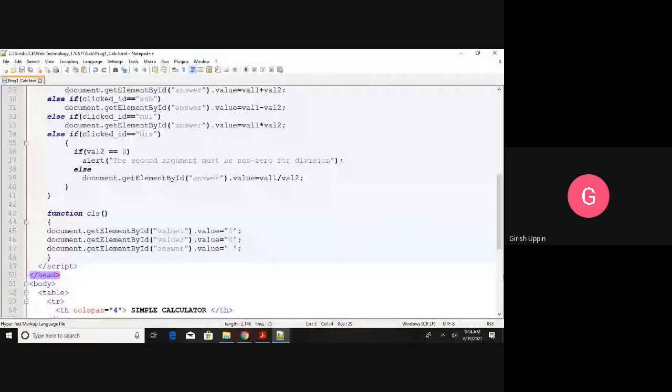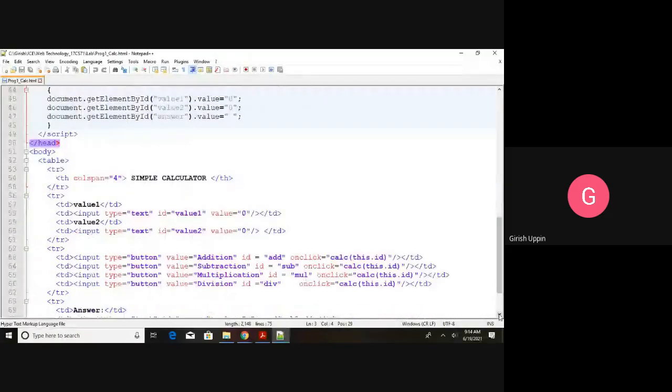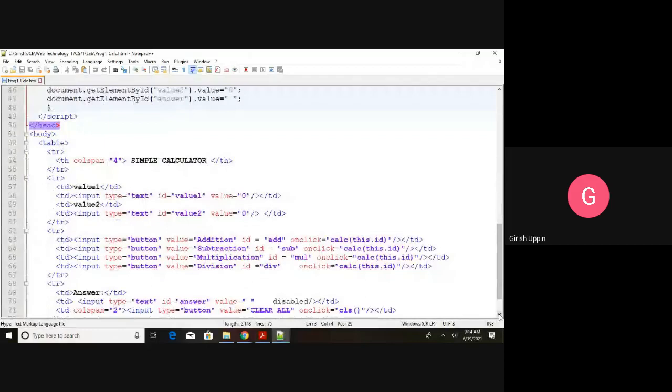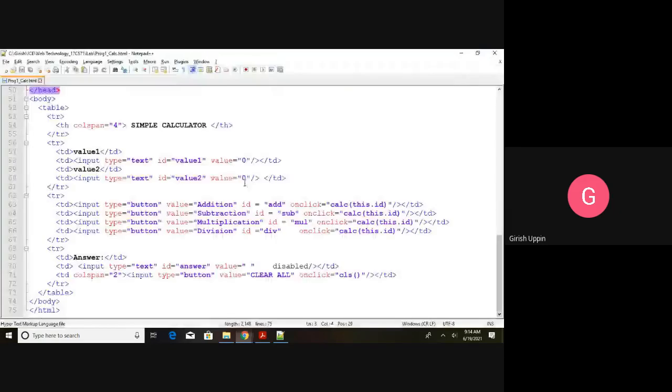First, we will try to understand the structure of the HTML, how the structure comes up on whatever you are seeing on the browser, right? We'll try to understand this HTML part first. Then we'll go to the CSS. Then we'll go to the JavaScript. Inside the body, I have a table.